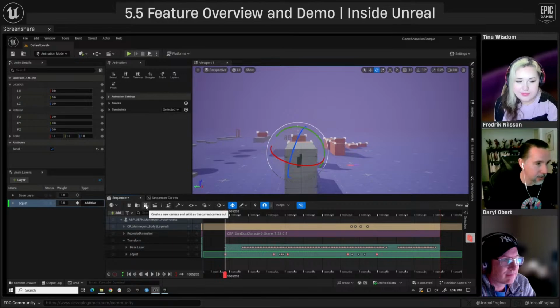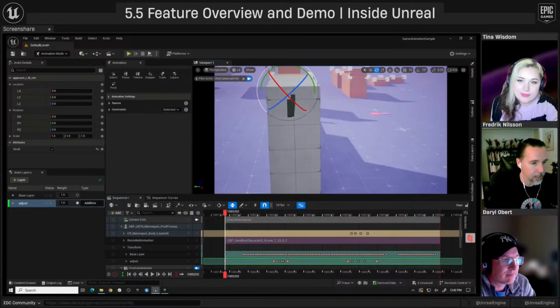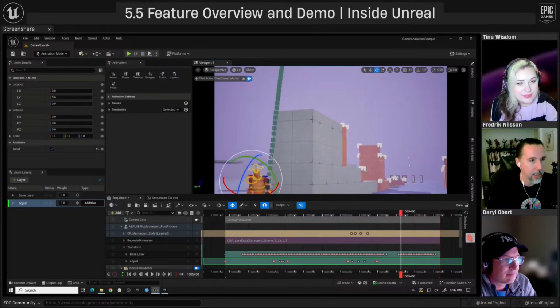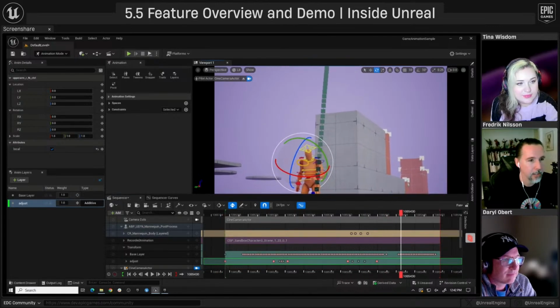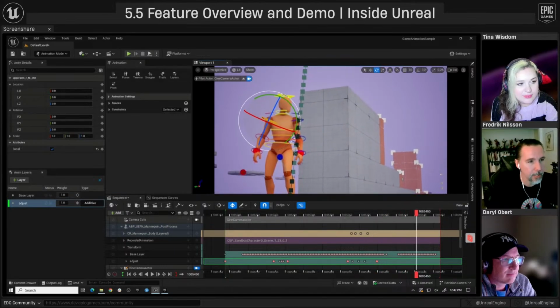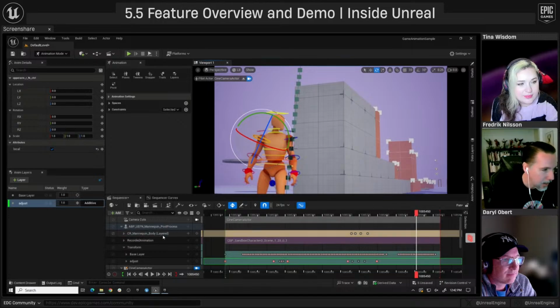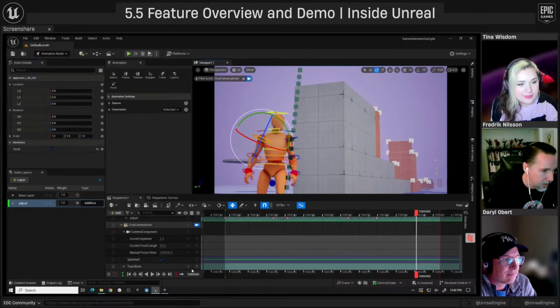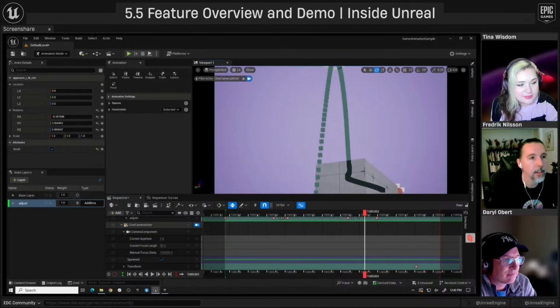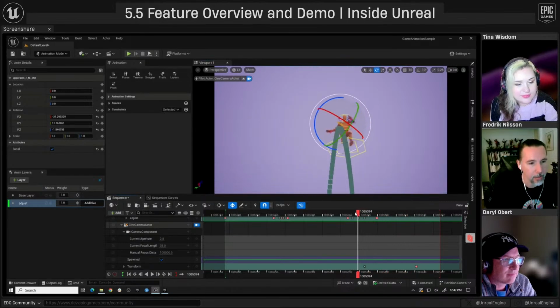And now I can use this for a cinematic. I'm going to make a camera real quick. Let's put the camera kind of near where he ends. And then I'm going to animate this camera transform. And maybe as he flies up in the air, I'm going to tilt up at him like this.